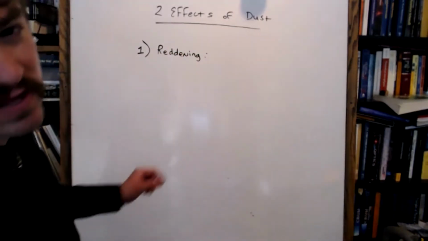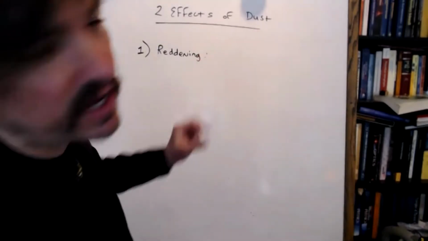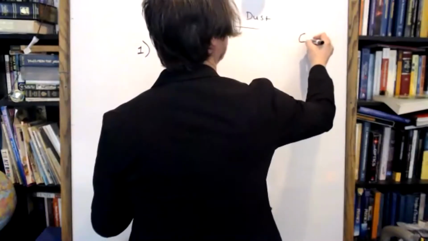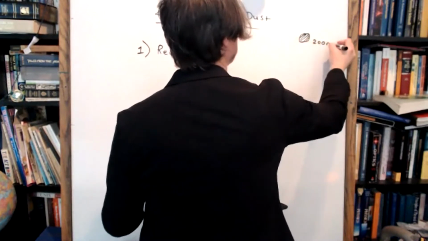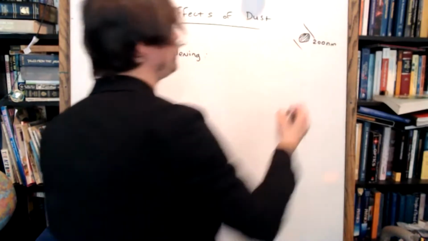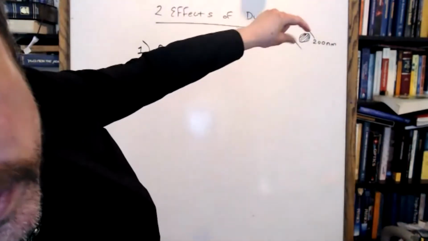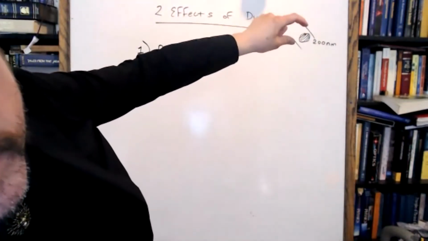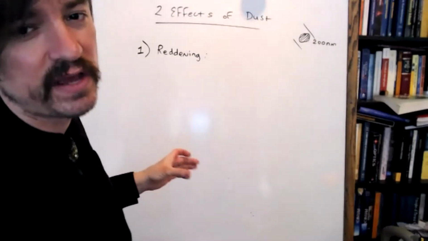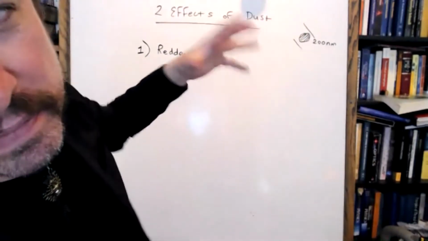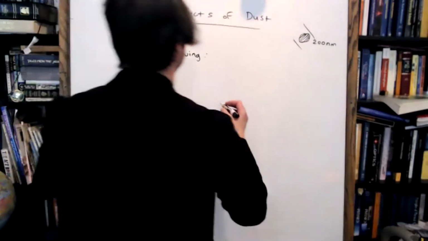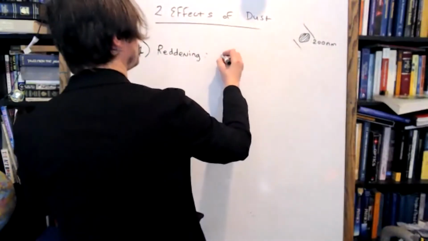Reddening happens because if dust is around, say, 200 nanometers in scale, it means that the size of a dust grain is much closer to the wavelengths of purple and blue light than it is to red light. And that means that dust grains tend to sideways scatter blue photons. So what you have is the dust grains